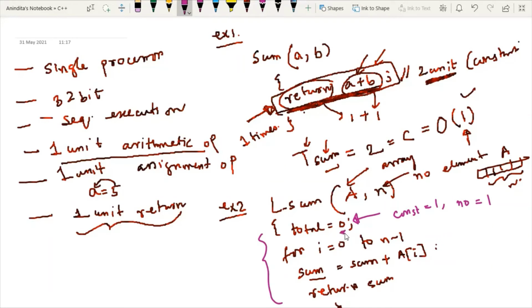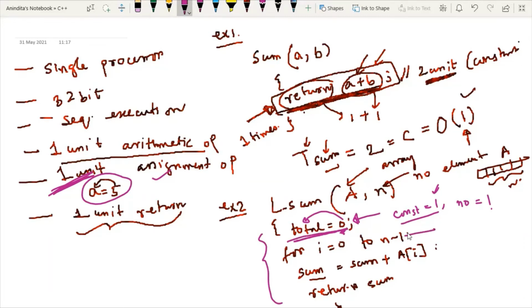So this is the first thing that we have to understand. It is having one value. Why is it a constant one? Because it is using one assignment statement. 0 is assigned to total, and for an assignment statement we have considered that we invest 1 unit of time. So 1 unit of time for the assignment, and the number of times this line will execute is 1. So this is from the first instruction.